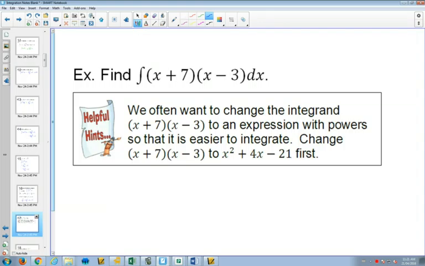So in this case, I've got x plus 7 times x minus 3. We haven't learned any integral techniques for when things are multiplied together. We know that when you took the derivative of two things multiplied together, well, you had the product rule, or you could simplify it first and find the derivative using other rules. So if, for example, this was a derivative question,